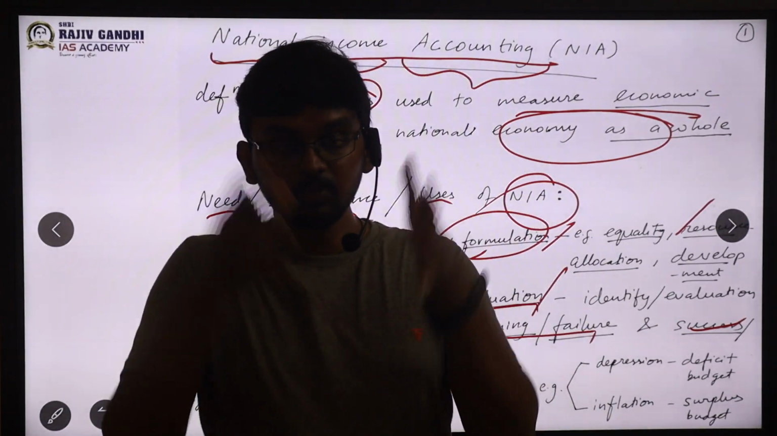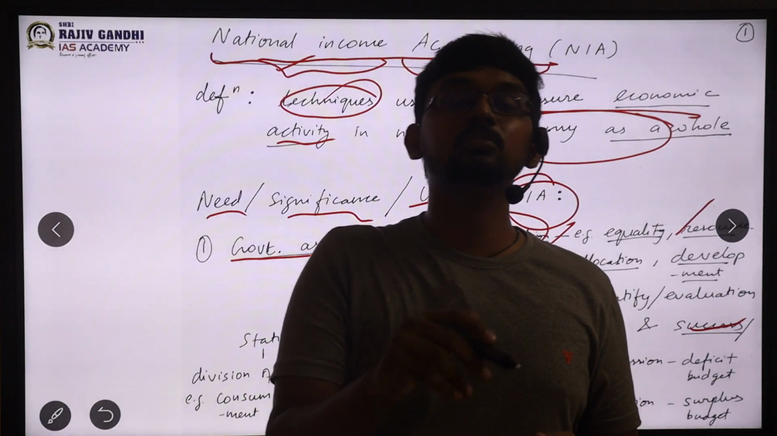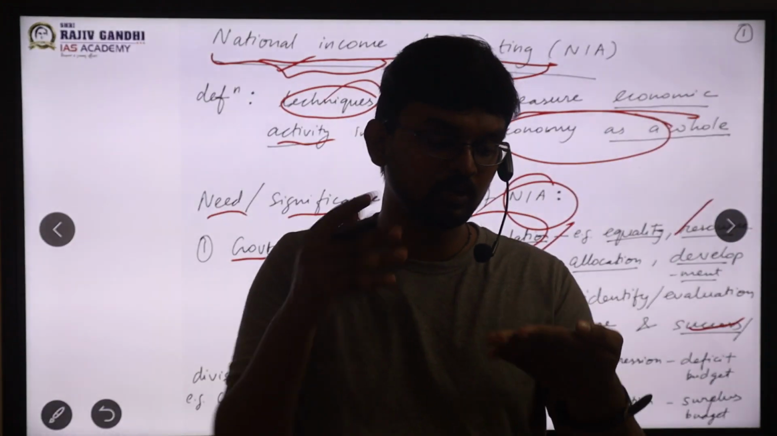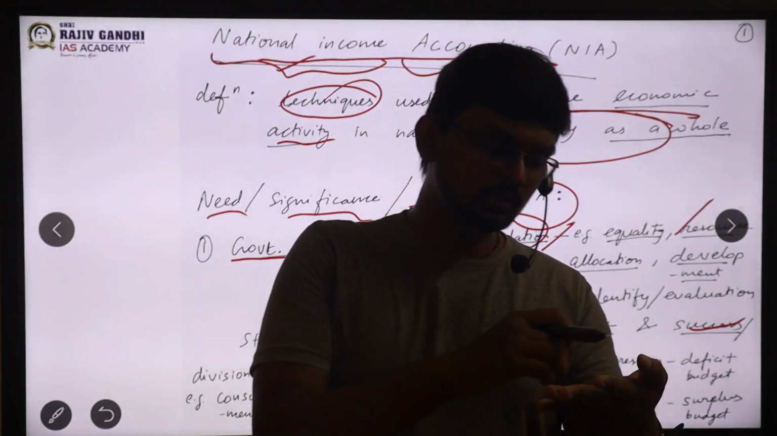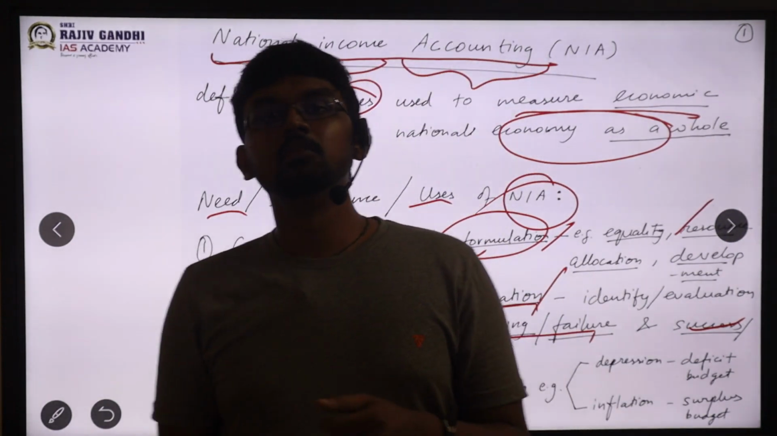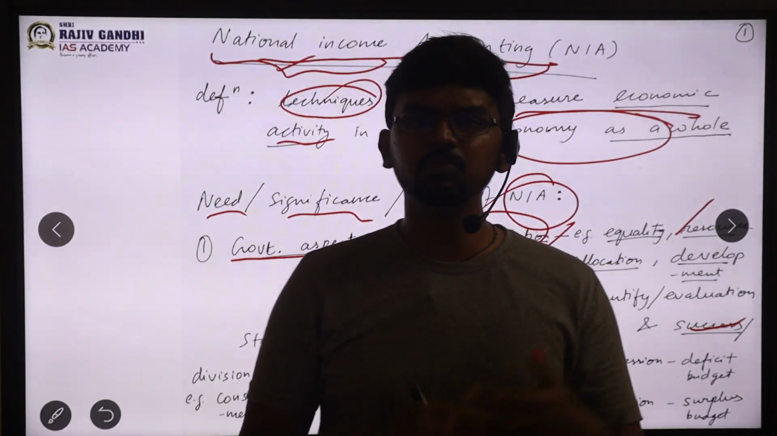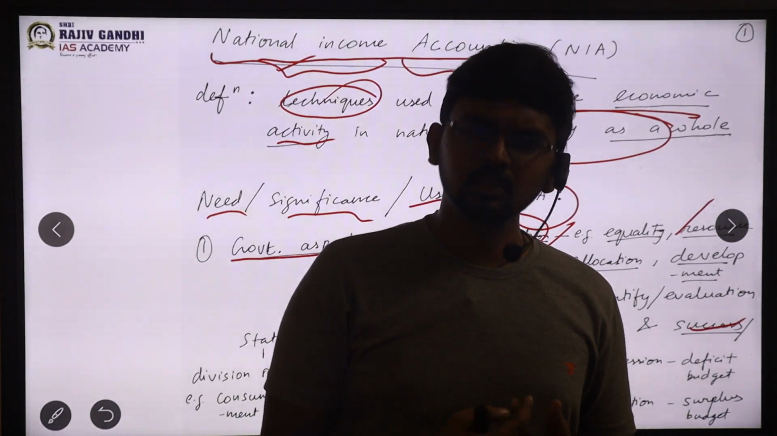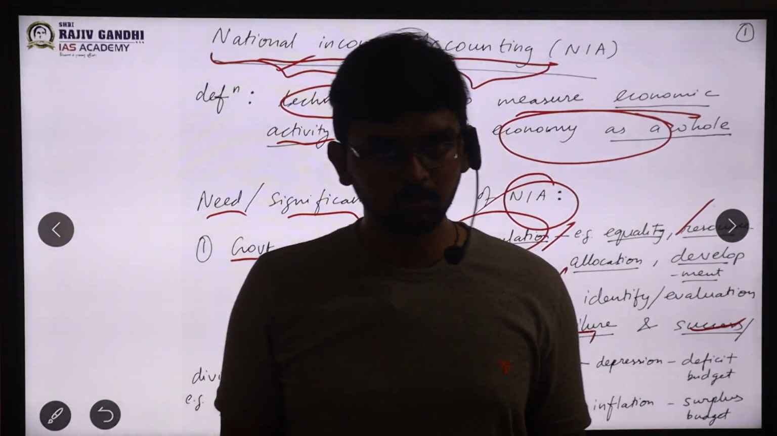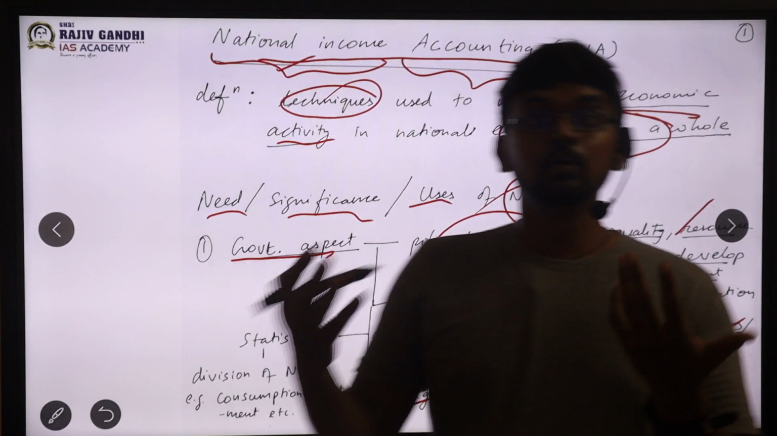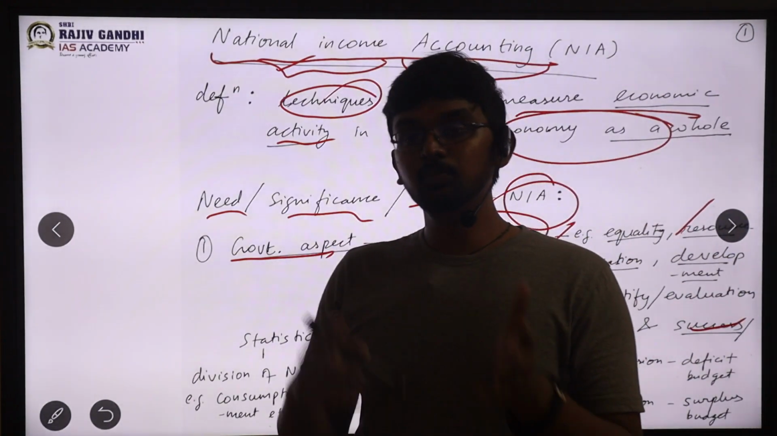So that means the economy will go downfall. So what does the government have to do? The government will say, okay, see, national income, do national accounting, and say, yeah, the GDP has declined a lot. So that means this year's budget, we have to focus our budget on increasing the GDP. Essentially that is what the government is also doing now. So it gives inputs to